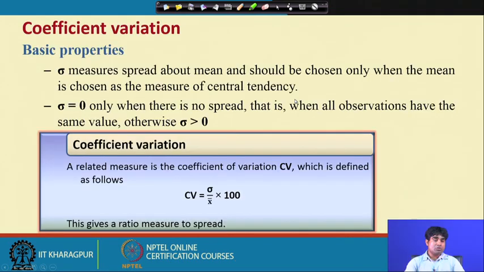Again, there is an item called the coefficient of variation. It is simply the ratio of standard deviation to mean. Compared to variance, the coefficient of variation is a unitless measurement technique, and that gives you a better structure through which you can understand the data and get some inference.